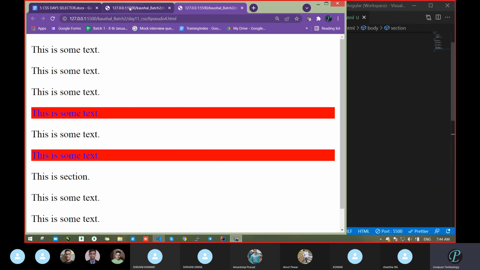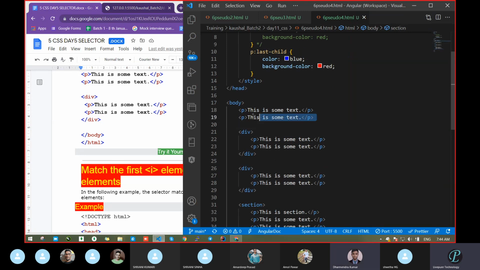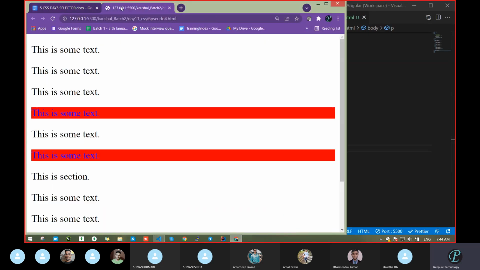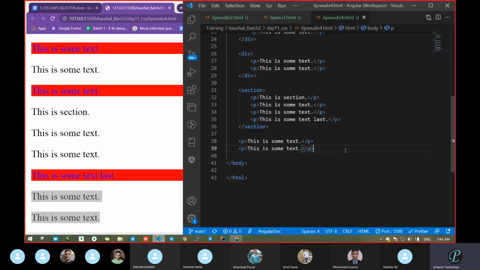Clear or any doubt? Tell me. Sir, when one paragraph is written in the body section in last. Okay, fine. Go with this. It will not take it, because this is the last, means this is in the body and it is ignoring the body section. See, correct or not? It is not considering the body section, it is ignoring it completely, but it is considering the div or whatever section you had passed.